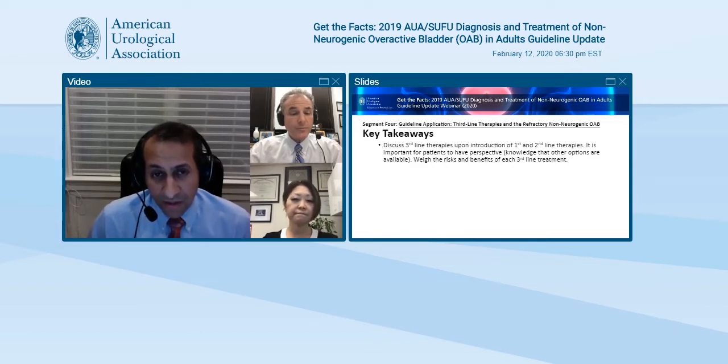As far as sacral neuromodulation approaches, one of the big factors, at least with present technology, is the use of MRI. If they need routine or frequent MRIs for a variety of reasons, that would be a bit of a problem. They have to have perhaps the cognitive ability to evaluate and manage that device. If they don't really have that, I think that's a challenge. And then specific to onabotulinum toxin and its use inside the bladder, if there's any factor that may affect emptying or they're at risk for that, I think that would be a bit of a problem.